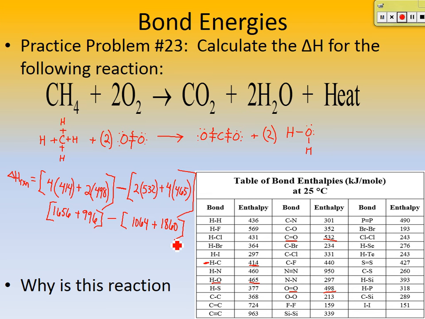Okay, so let's simplify it again. 1656 plus 996, 2652, minus, let's do this one, 1064 plus 1860. Did you guys get this, 2924? Okay, so let's take 2652 and subtract 2924. Okay, so my delta H for this reaction, did you guys get this negative